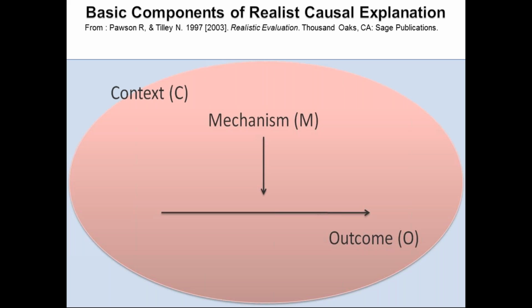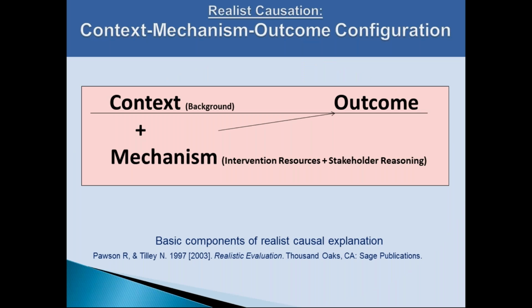And basically, they're saying that there is context, which is the larger field, and within that context, if the conditions are right, the context triggers mechanisms which produce outcomes. So we are saying that, as I have said before, and I've said in the first webinar, that mechanisms are thought of as being triggered under the right contexts. Okay, so that's something that we've already established. So in this presentation, I'm going to go a bit further.